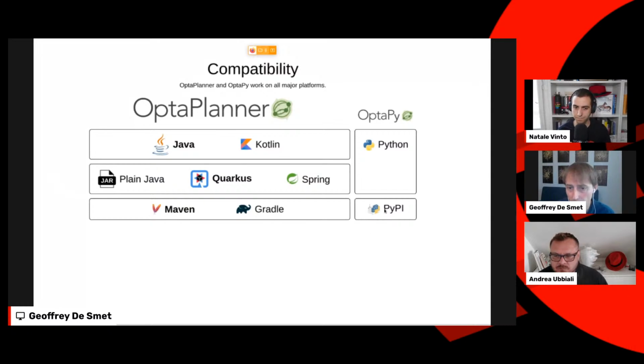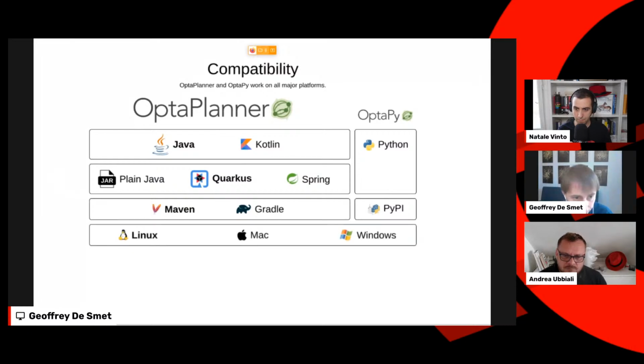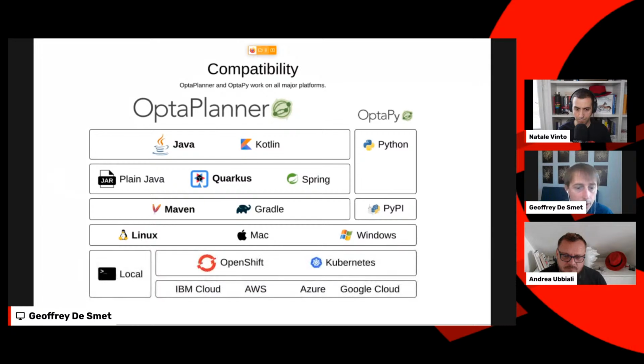It's deployed on PyPI, so you can just do pip install OptaPy, and start working from Python. Today, when I dive into the code for some demos, I'll do that with Java. But any of the things I'm showing today, you can also do in Kotlin or Python. This runs on any of the platforms, of course, and we're going to run it on OpenShift. That's what we'll focus on today, right?